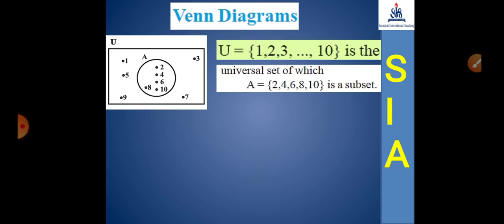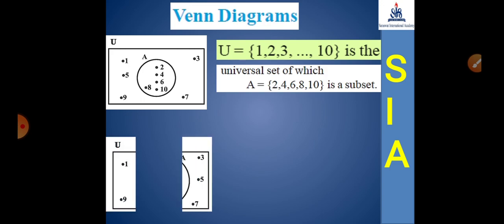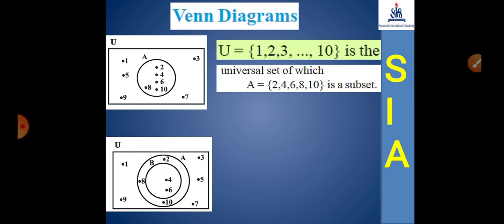Students, here set A is a subset of set U. The subset point I already explained in part 3. Subset means every element of A is present in U, that is called a subset. So it is always a fact that set A is a subset of U. Clear? Next, I explain one more drawing.